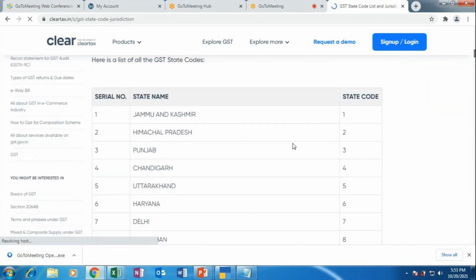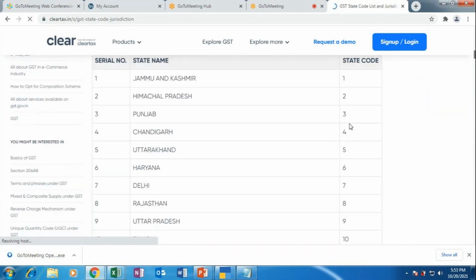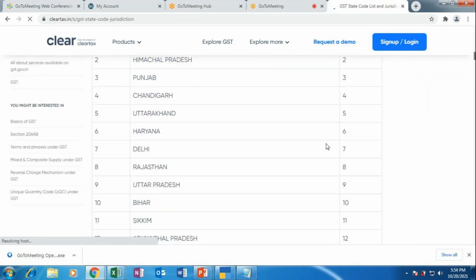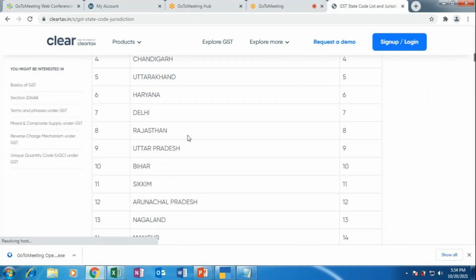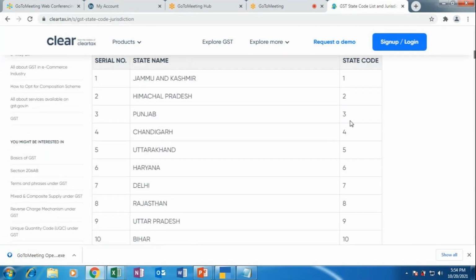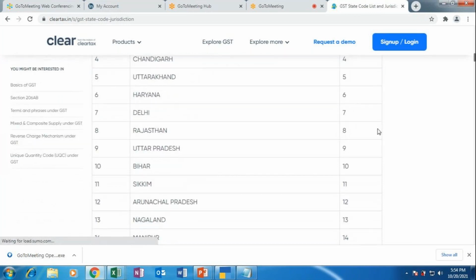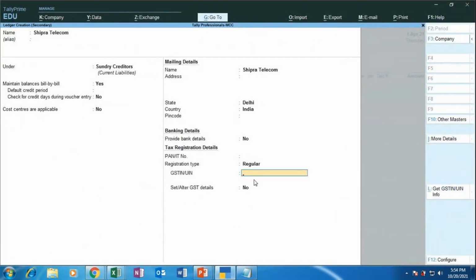Yeah, can you see here? For Jammu and Kashmir, it's 1. For Himachal, it is 2. Punjab, 3. For Chandigarh, 4. For Uttarakhand, we have 5. Haryana, we have 6. And Delhi, what is the GST code? It is 7. The state code is 7. Rajasthan, it is 8. So, what you can do is give 07, okay, followed by 5 alphabets,